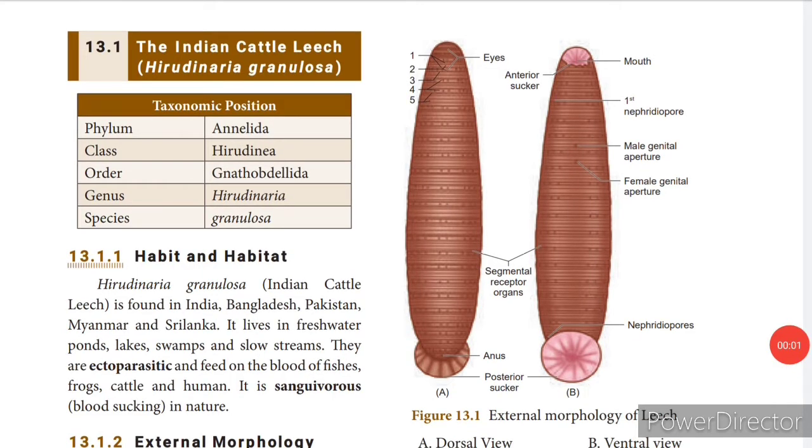When you see the locomotion in leech, it is the looping or crawling movement. The other one is the swimming movement. In the looping or crawling movement, both the suckers help in the movement. Here the contraction and relaxation of the muscles takes place. So the two suckers serve for attachment during the movement from one place to another. The next one is the swimming movement, which it performs while moving in water.